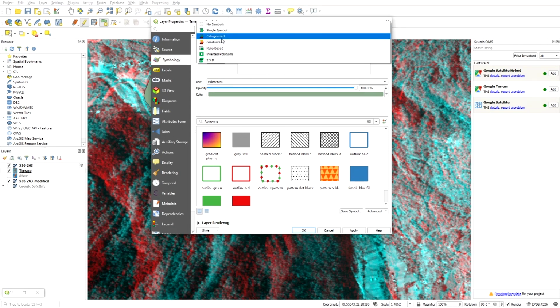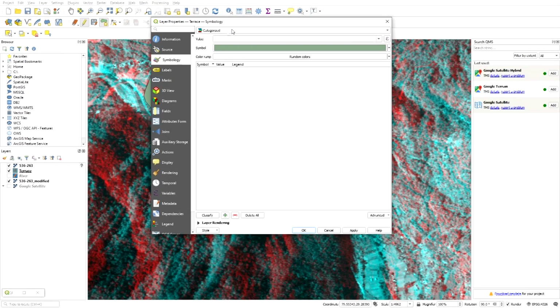But when you have added multiple pieces of information in a single shapefile, you can use the categorized option, and from it you can choose which field or which information you want to put in categorized format. For example, I have mentioned my level of terrace information in the type field. So you can choose the type,